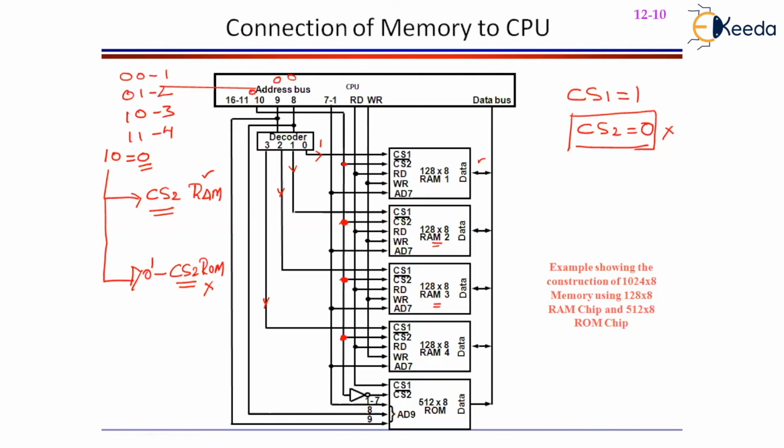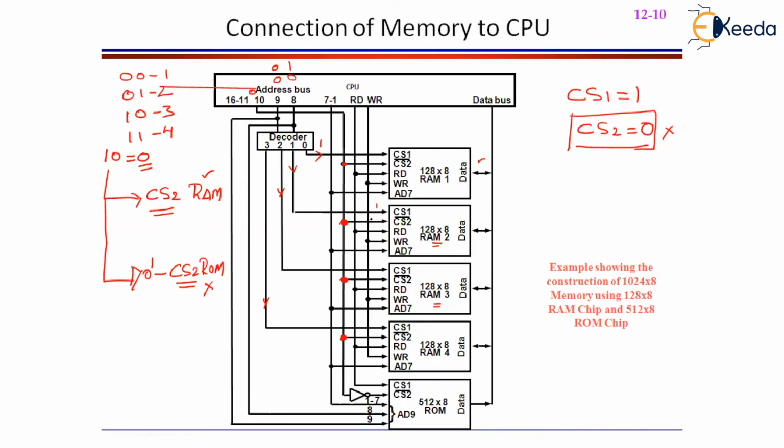Otherwise, if it is 0, 1, then the second RAM will get selected. CS1 will be equal to 1, CS2 is already 0. So likewise, one of the RAM chips or the ROM chip will get appropriately selected. Okay, I urge you to draw this block diagram clearly on paper and make these connections by yourself. The rule is the 10th digit must be connected to all the CS2 of the RAM, and inverted and connected to CS2 of ROM, which will satisfy the condition that RAM gets enabled and ROM gets disabled whenever it is equal to a 0.